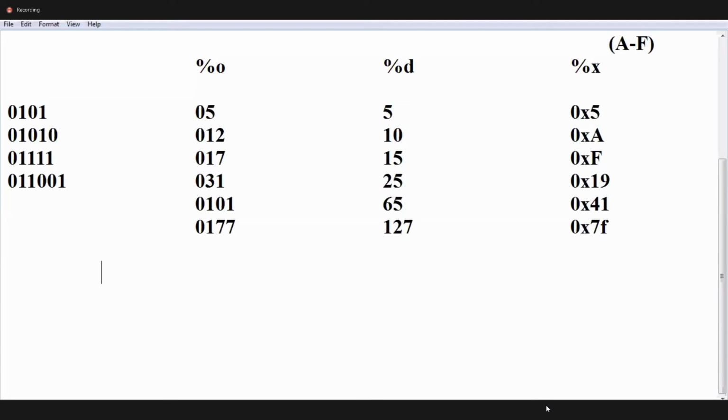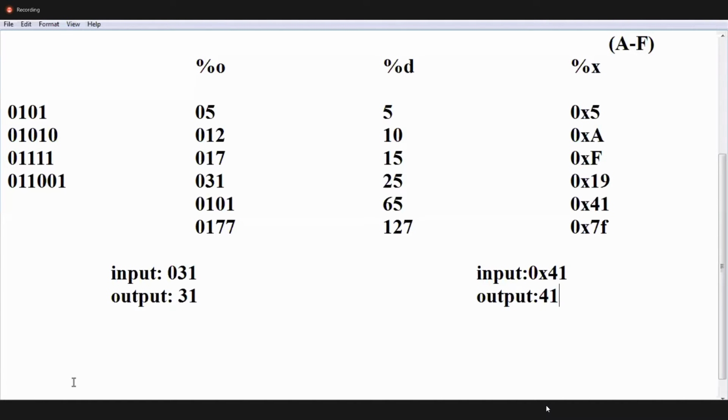While writing an octal number, input we take like this. Input is 031, but in output it won't display 031. It displays 31 only, decimal normal format. In hexadecimal, 0x41, input we need to write like this, but in output you won't get 0x41. 41 you will get. Okay, no? In output it displays 41. While writing you need to write 0x. In input we have to write 0x41. Clear?